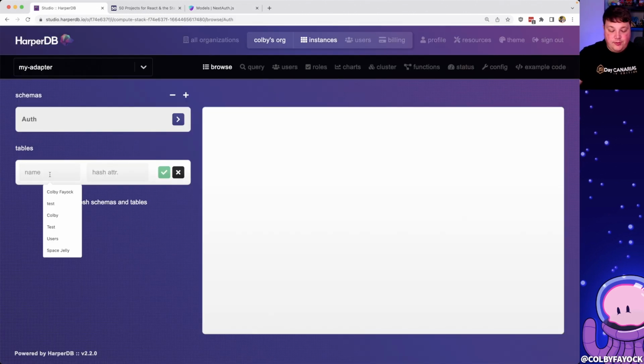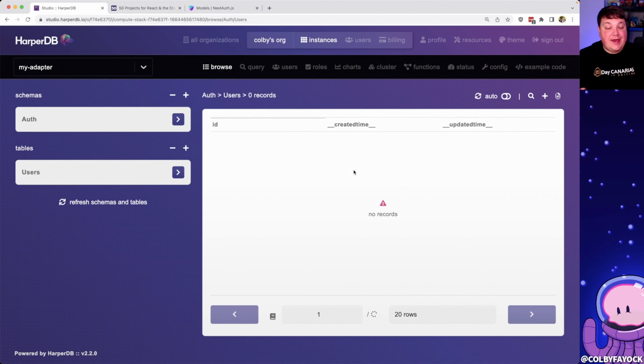So starting with user, I'm going to create a table called users, and I'm going to specify my hash attribute as ID, which is going to be our unique value. So every single row is going to have its own unique ID, which is going to also be called the hash attribute. So I'm going to click check, and we can see that we now have a new table without any records. Now, one of the cool things about HarperDB is its dynamic schema, where we don't actually have to go in and create every single new column. When we upload the data or add a record, insert it into our table, it's automatically going to infer all those different column names,